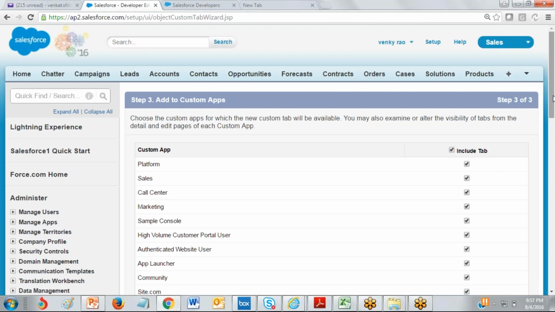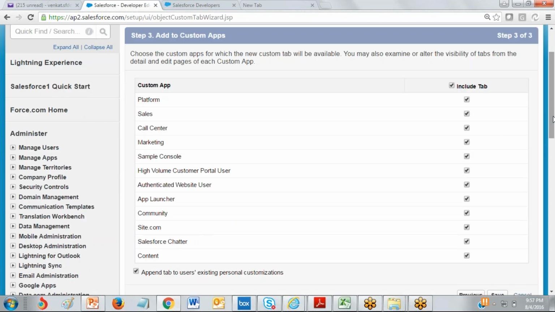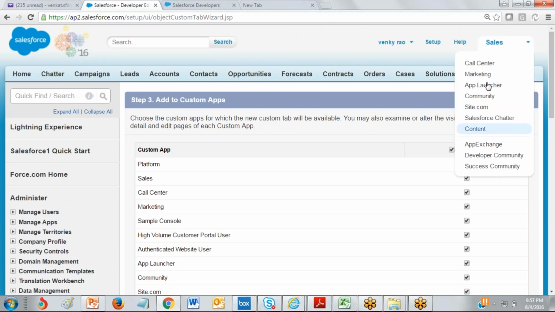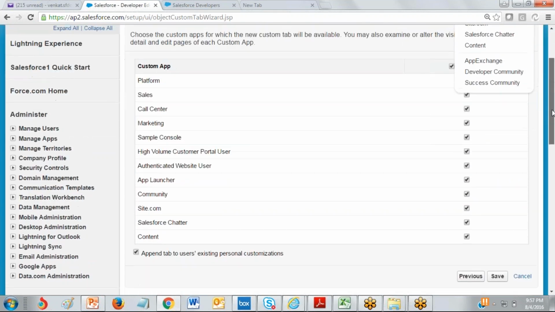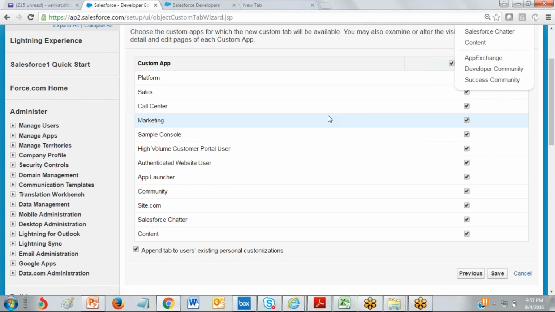Okay, now from where this tab can be accessed, these are the applications available in my account. Okay, these are the applications. I don't want to access this particular object or tab in any one of these applications.